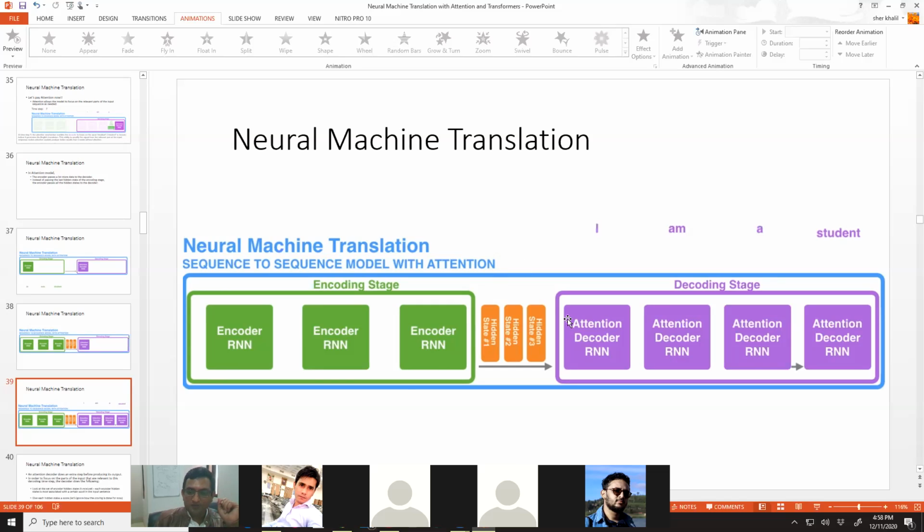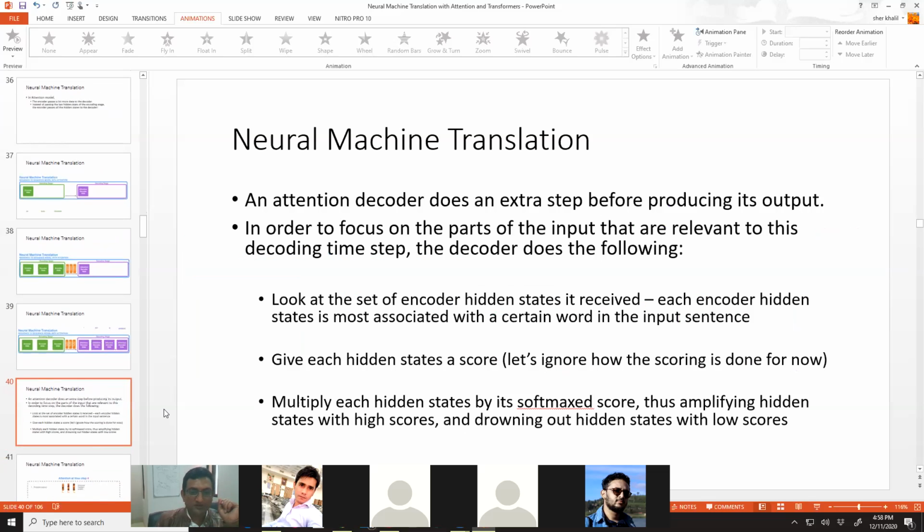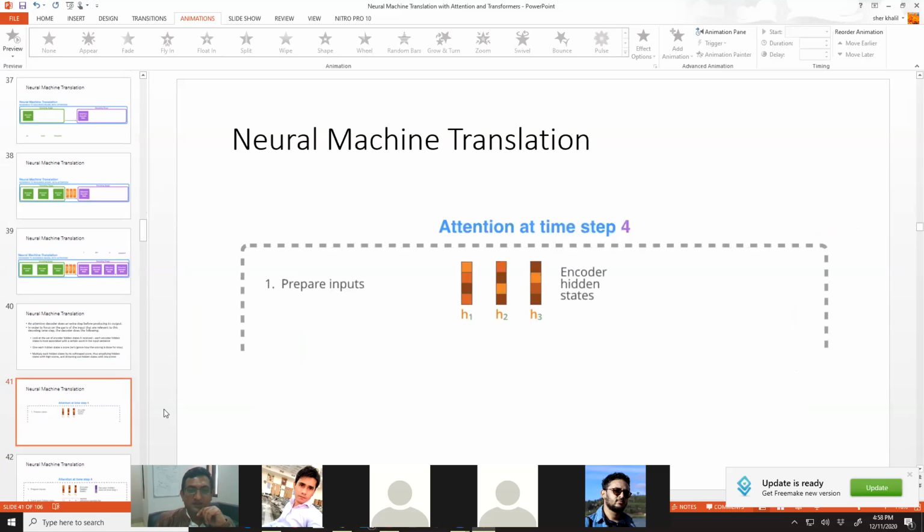So here, when we reach time step 1, when we produce state 1, then state 2, state 3, at time step 4, when we were about to produce I, we needed a mechanism to focus on hidden state 1 and ignore 2 and 3. How are we doing it? See here, see the mathematics. I mean, mathematics will give you an idea. They say that at time step 4, you've got all these 3 hidden states 1, 2 and 3.